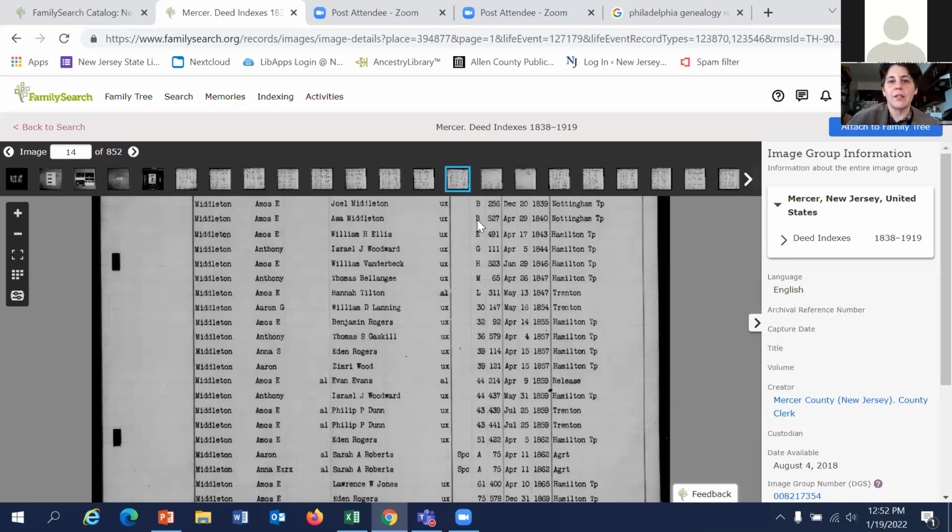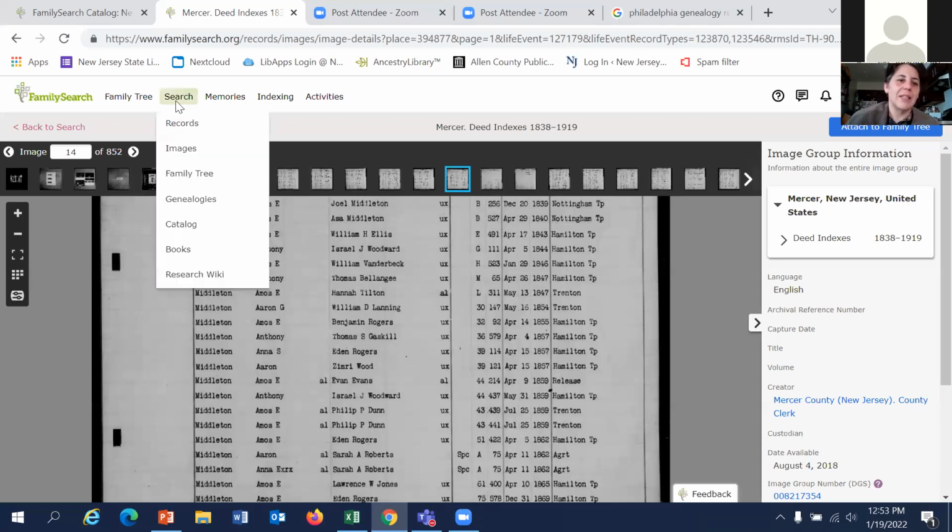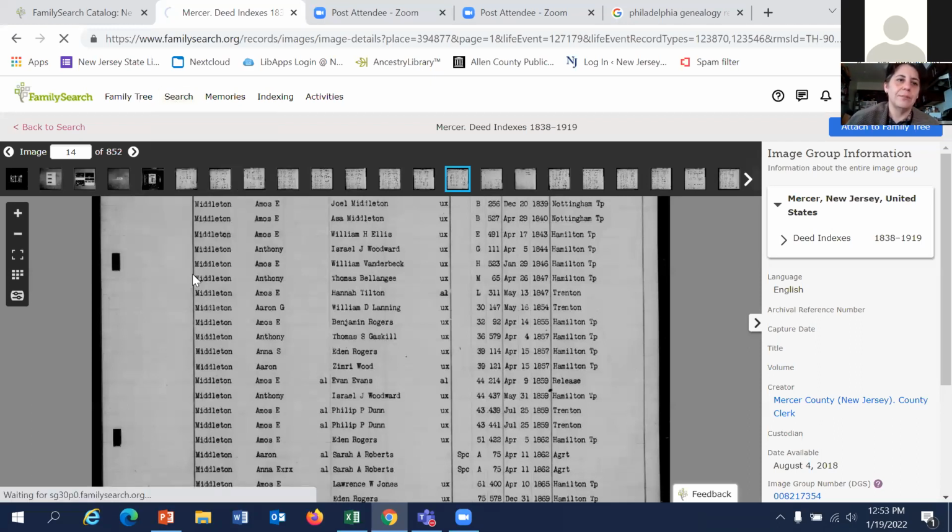We could then go back to our search results and check if volume B is digitized. And then if we go into volume B of Mercer County deeds on page 527, we should be able to get a copy of the deed if that's what we're looking for. Okay. And again, if anybody has any questions or would like a more specific example or a non-New Jersey example, please just let me know. And then the final thing that I want to show you,